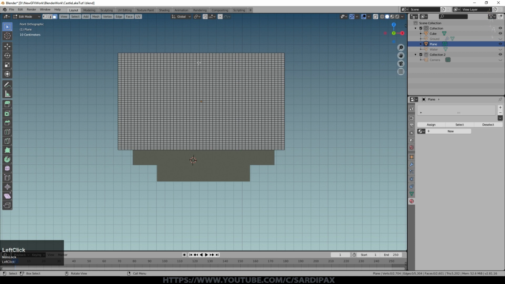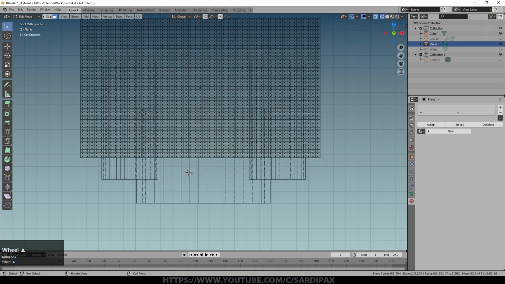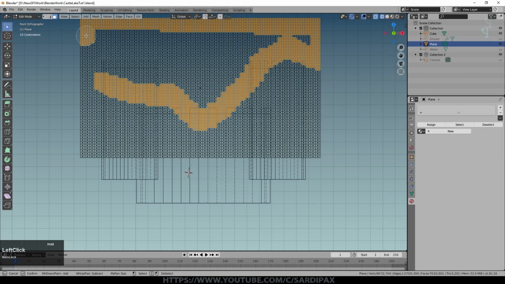So into face select mode, I'll go to wireframe, so I can just about make out the shadow of my castle behind. Press C for selection, and what I'm going to do now is wherever I select, that's where castle is going to remain. So I'm going to have most of this tower destroyed. So we'll have that there, we'll leave a bit there, then we'll have a breach there. We'll take the corner of this tower off, and perhaps that part of that tower, and then I'm just going to make sure I selected everything else. This bit down the edge here doesn't matter too much.